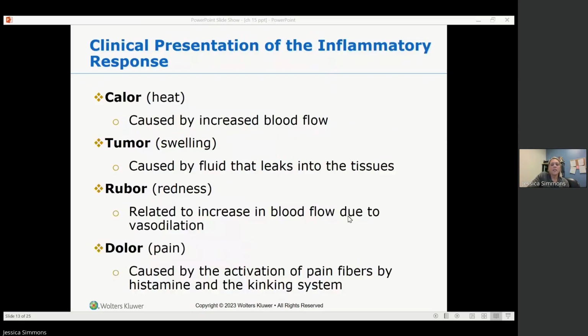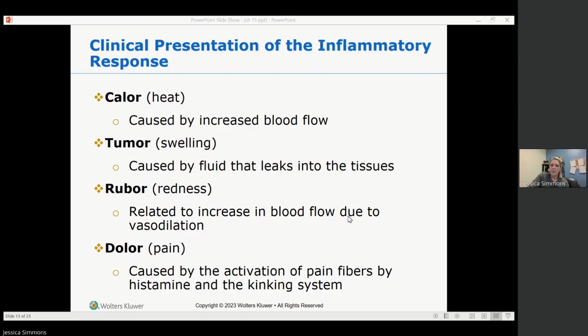So we did talk about these terms when we were looking at the chart. Calor is heat. This is all part of the histamine response caused by increased blood flow, so vasodilation. Tumor, they are referring to swelling in this case, caused by fluid that leaks into the tissues. I will not be using this term